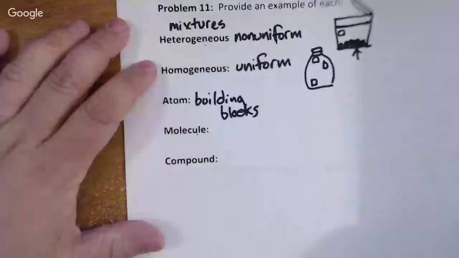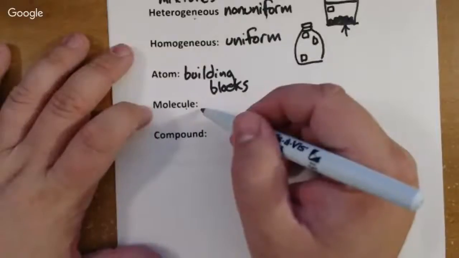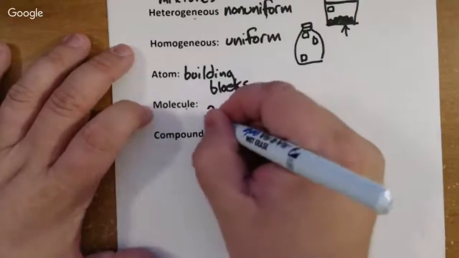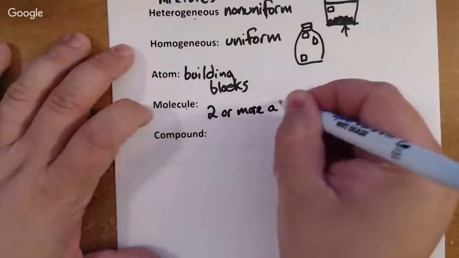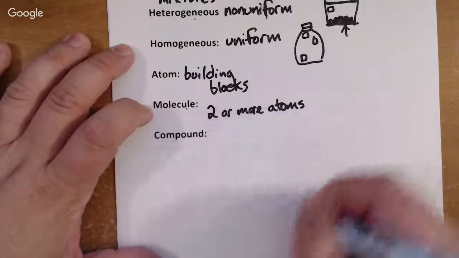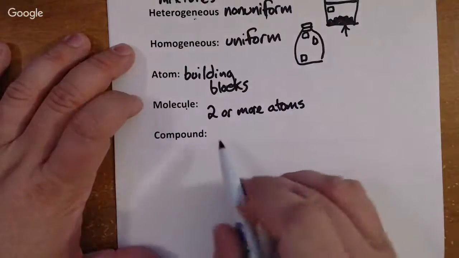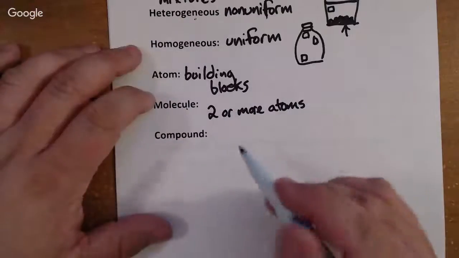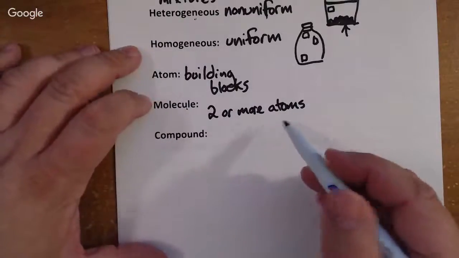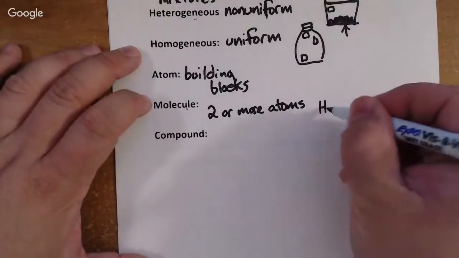But they all have the same thing in common, and that's that they're the simplest building block of matter as we know it. So, moving down, molecules are going to be composed of 2 or more atoms that are bonded together. So, it doesn't say 2 or more atoms of different types, any other stipulations, just 2 or more atoms. So if I have HCl,